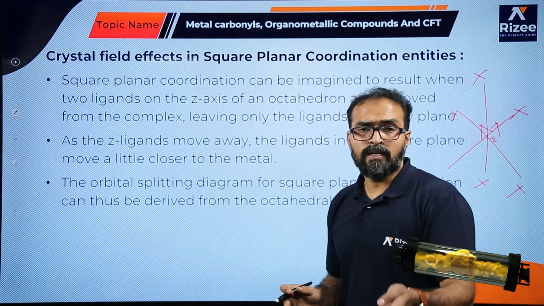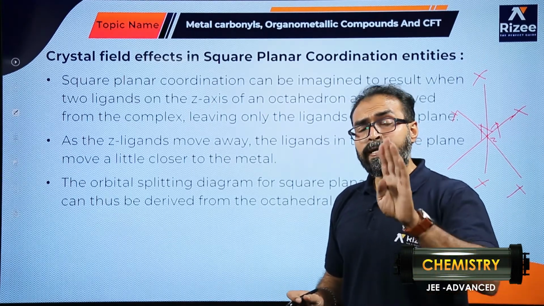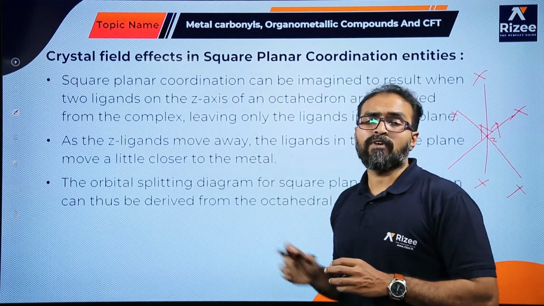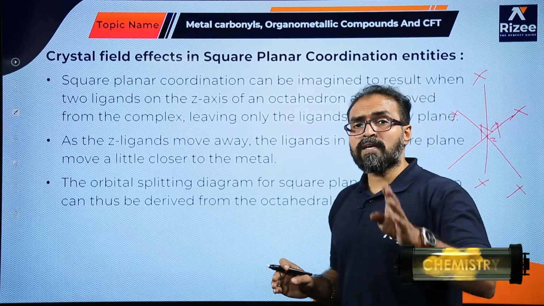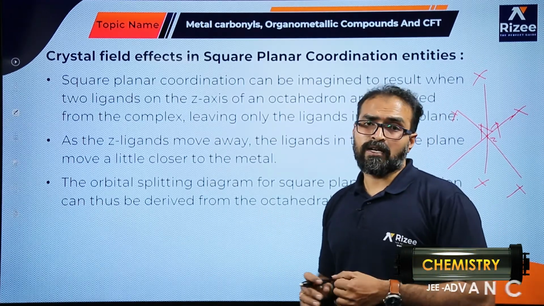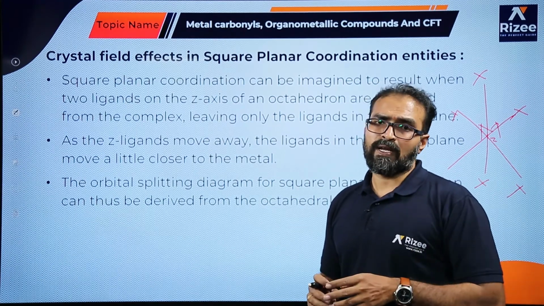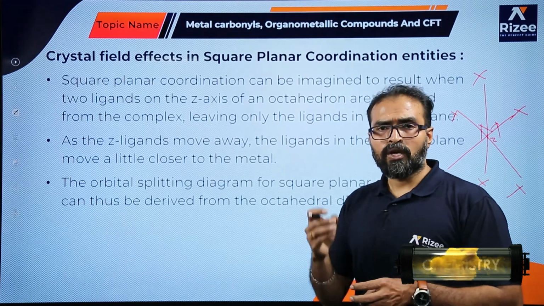What is the coordination number? Here also the coordination number is 4. Which type of complexes will show this? Mainly only d8 complexes will show this type of complex. Generally we can't see square planar complexes. Common complexes are tetrahedral and octahedral. Square planar geometry is shown by only d8 complexes like platinum 2, nickel 2, Au3.